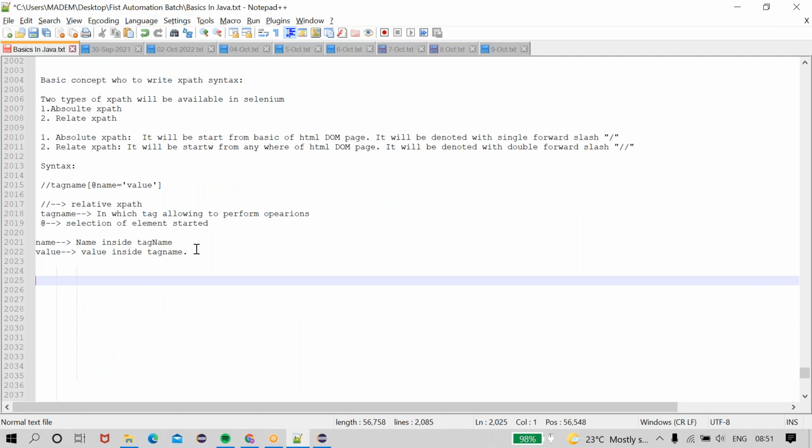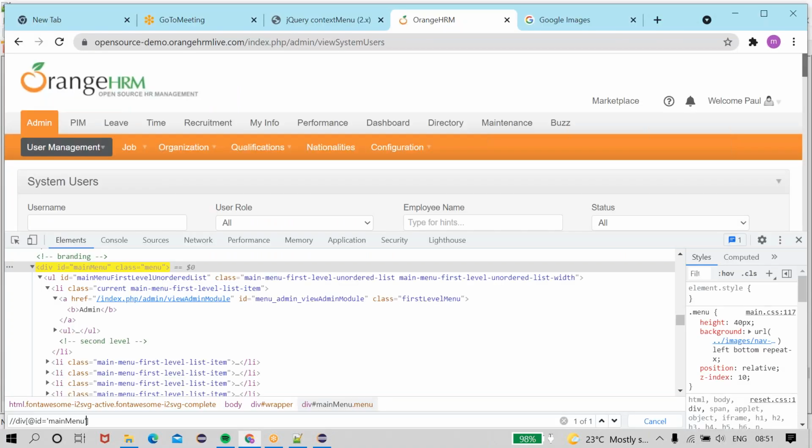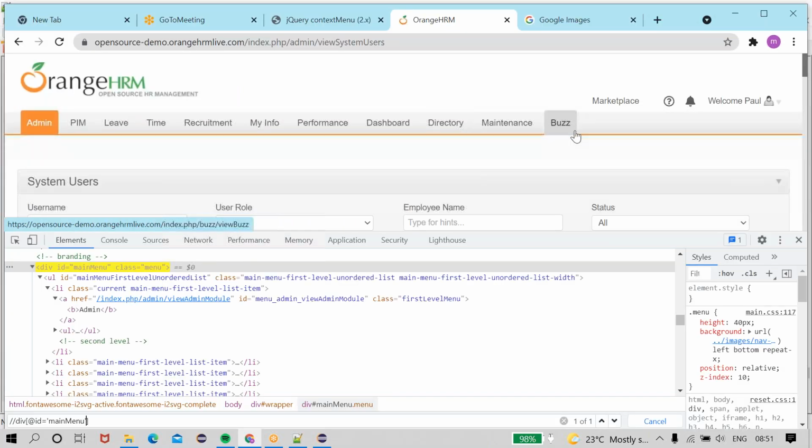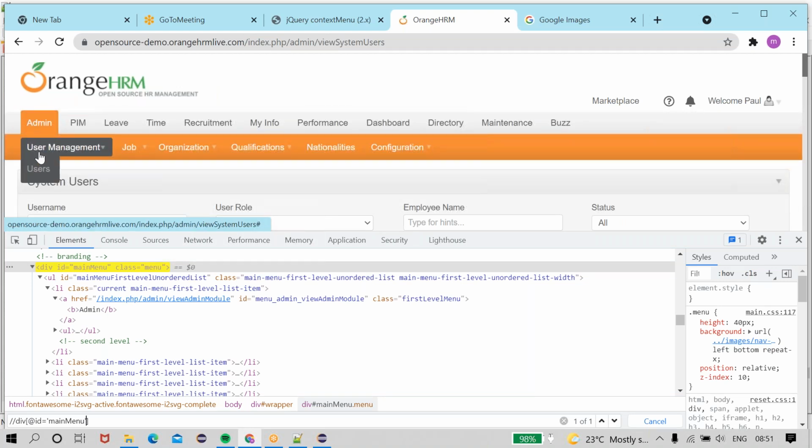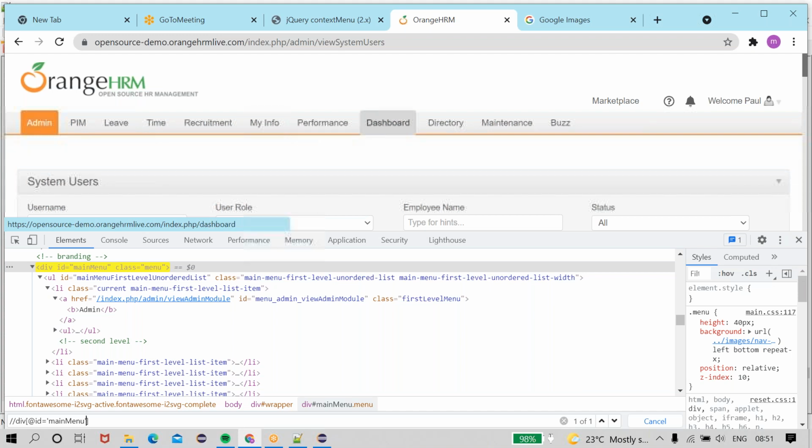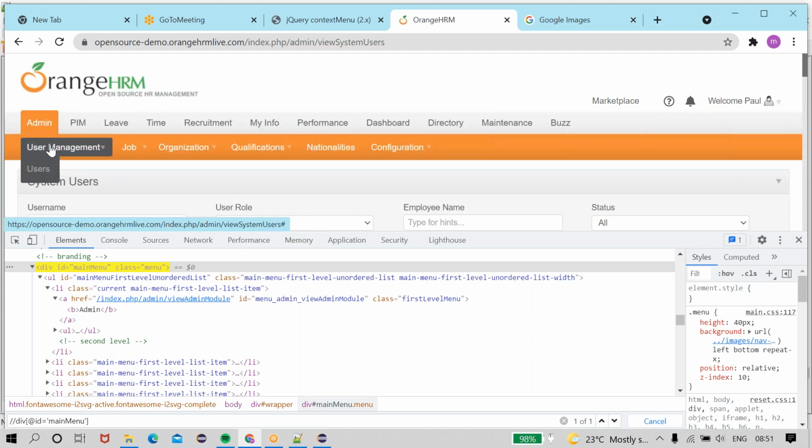How the tag name is developed, how these things are developed means, see, this is the main menu. Is this the main menu, yes or no? This is the main menu. See, this is the main menu. This is the child menu. If this is the main menu, if this is the parent, then this will become the child to